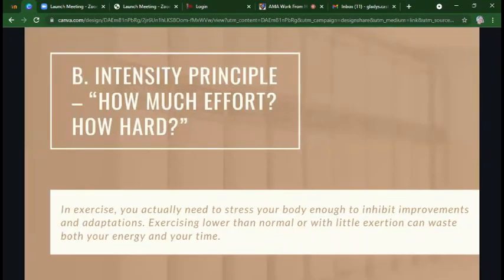Next, the intensity principle: how much effort or how hard. We need to stress our body enough to induce improvements and adaptation. Exercising lower than normal or with little exertion can waste both our energy and our time. To do that,